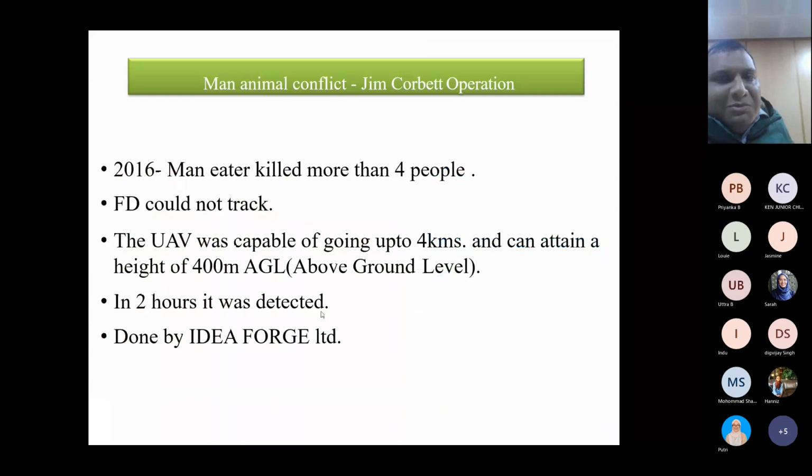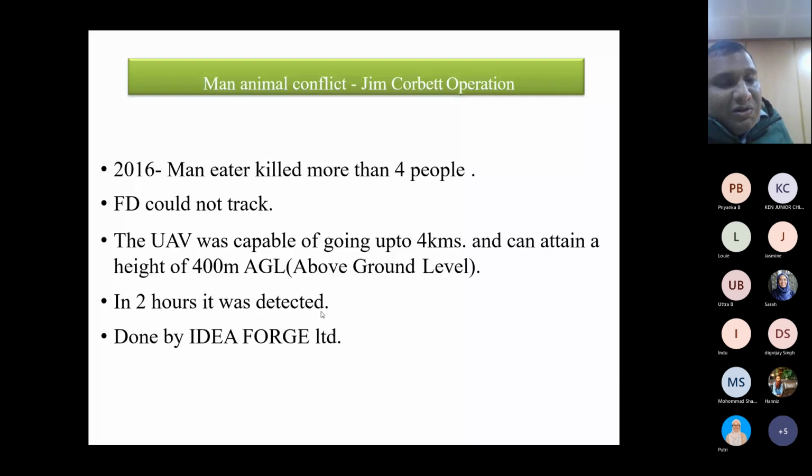Again, this is a man-animal conflict which happened in 2016 in Jim Corbett. This was an experience shared with me by one of the drone companies. A man-eater, a tiger, killed almost four people, but the forest department could not track it. Two or three days passed. Then a drone company, I'm forgetting the name,